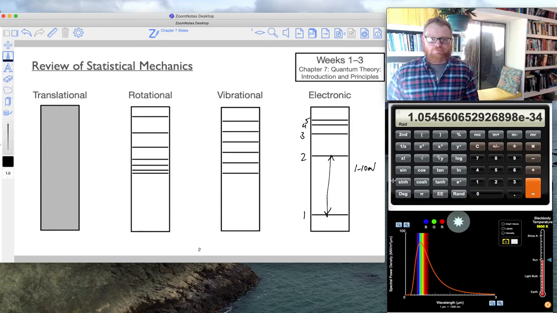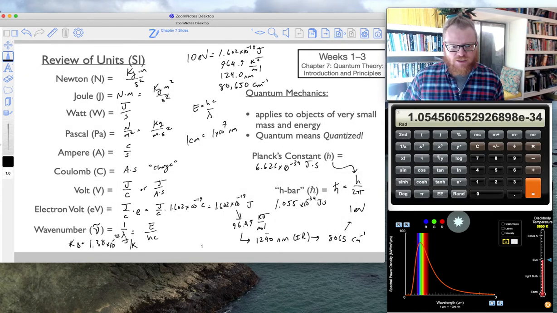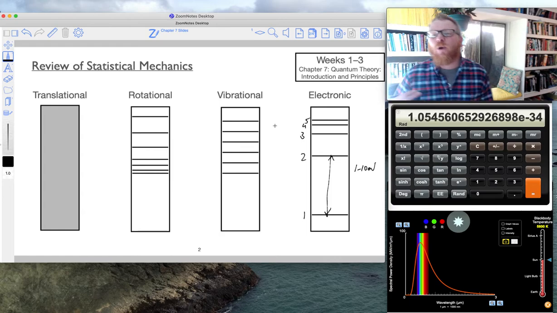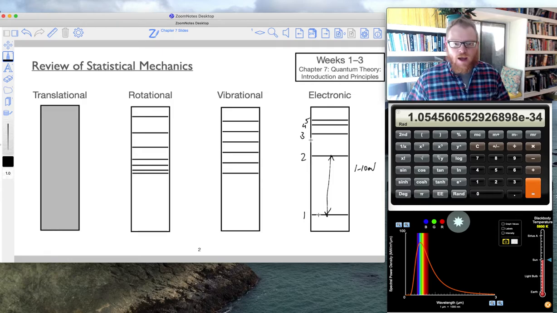Okay, and so if you remember that 1 electron volt, that was 1240 nanometer. That's IR, but 10 electron volt goes all the way up to 124 nanometer. So we'll see that that's going to predominantly span the visible and ultraviolet range. Okay, and so now